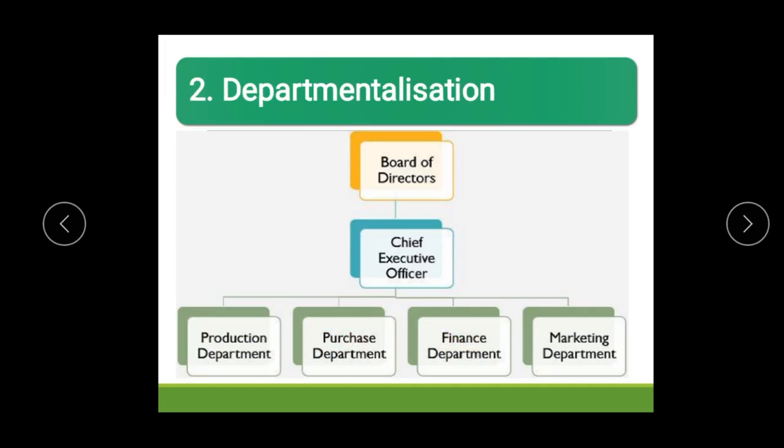Next is the finance department. All activities related to finance will be under the finance department. And the last is the marketing department. The marketing department will advertise their product, will decide about the discounts and offers, and will also be responsible for the sale of their product. So all activities related to selling will come under the marketing department. So here we have grouped together the similar type of activities under one department. It is called departmentalization.